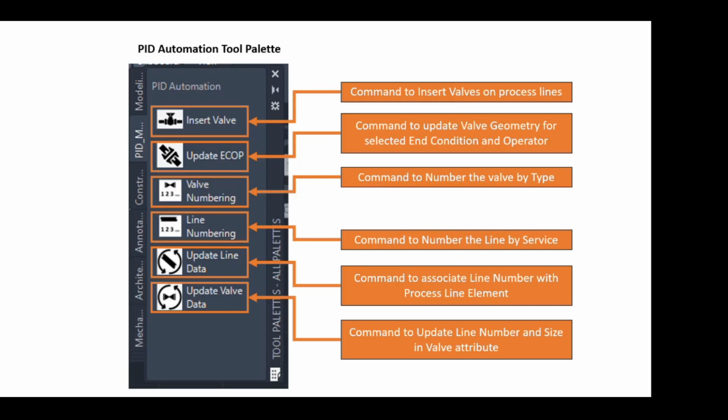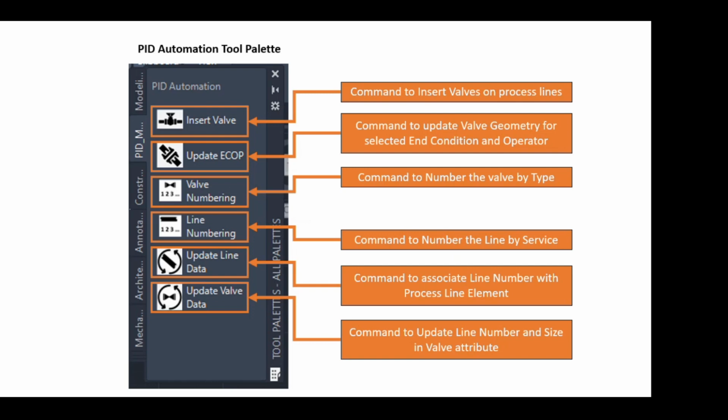To achieve this automation, we have developed different AutoLISP commands, which are listed in this tool palette. On the tool palette, we can see the insert valve command, which is used to insert valves on the process line. Further, we see update ECOP. This is a command which is used to update the geometry of the end condition and operator, which is selected